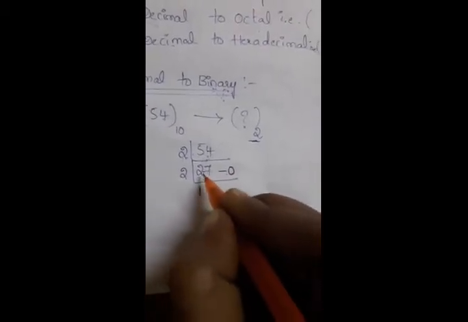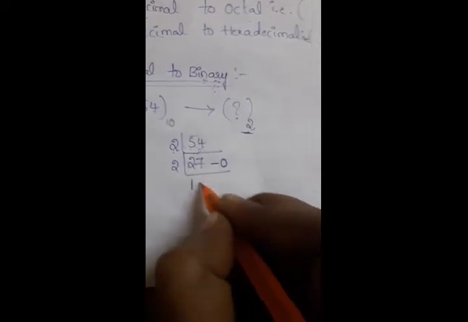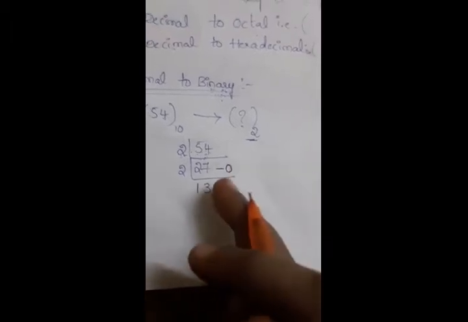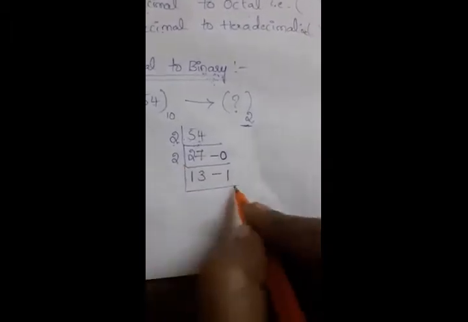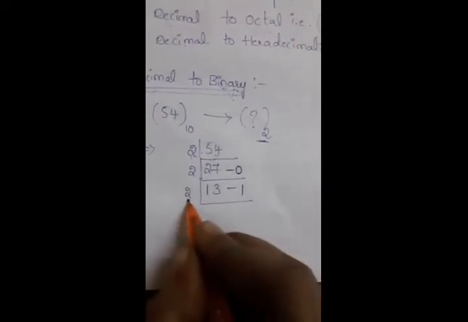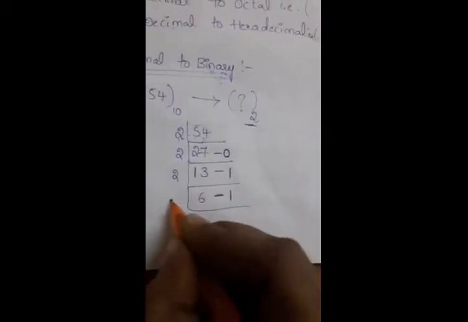So 2 1 and here 7 will have. So 2 3 6. But the remainder will be, so we'll have remainder as 1 here, right? So just keep it as 1 here. Like that the next number will be divided. So 2 6 are 12 and the remainder will be again 1 and 2 3 is 6.